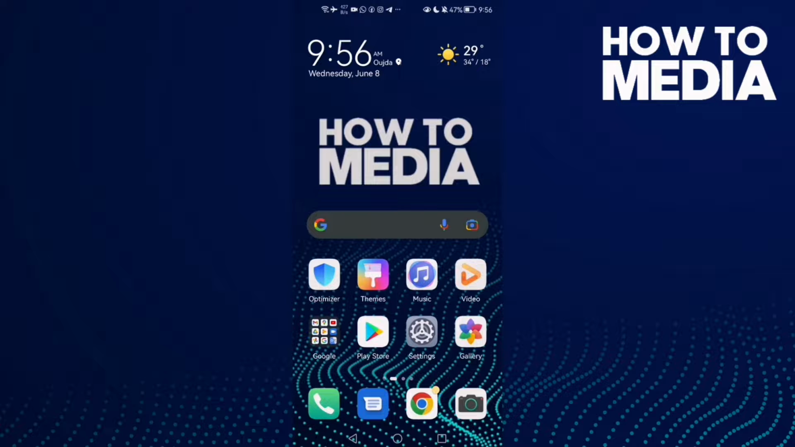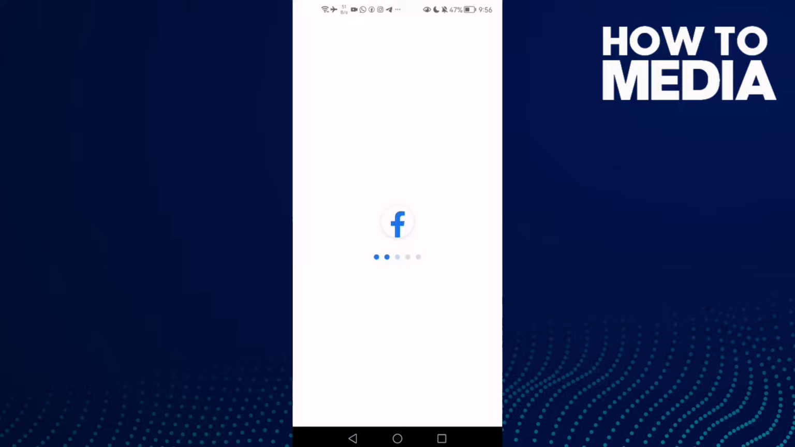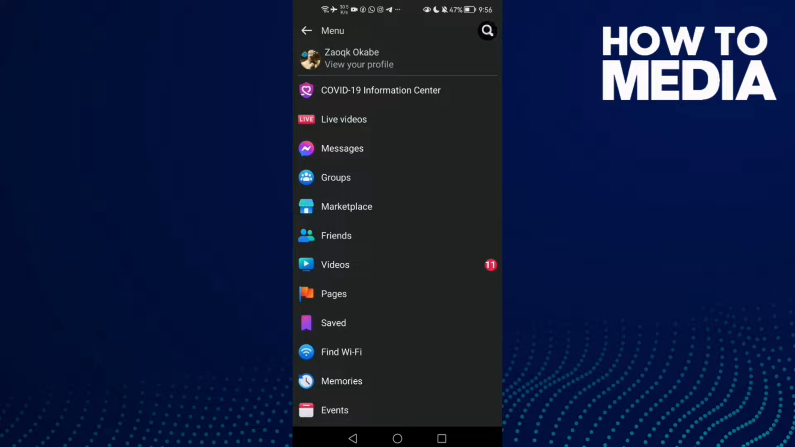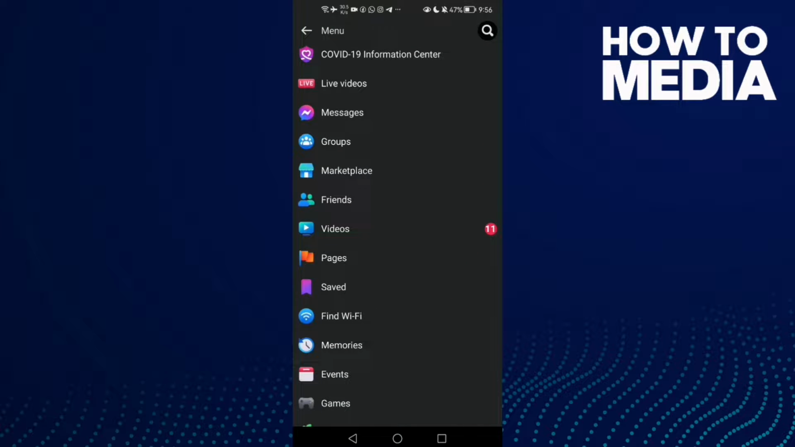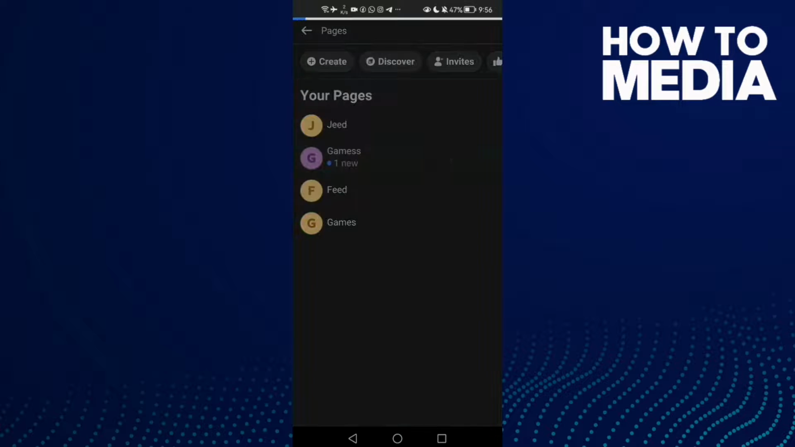First thing, go to Facebook Lite. Here you will find these three lines. Click on it and then just scroll down until you find pages, and here you will find your page. Click on it